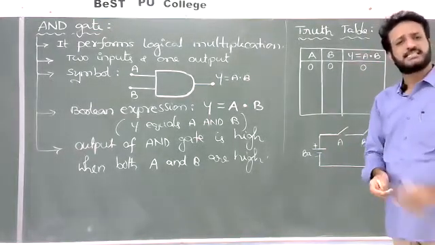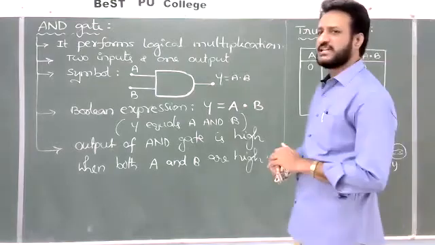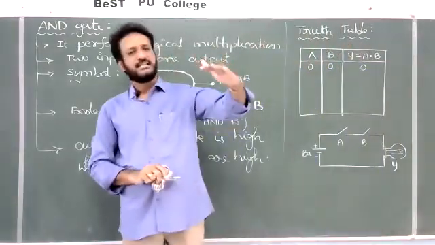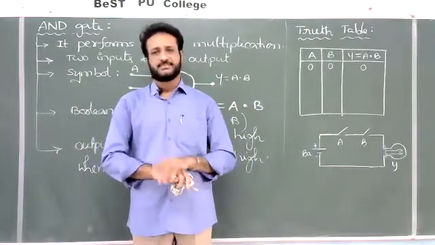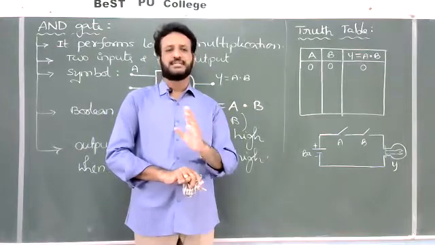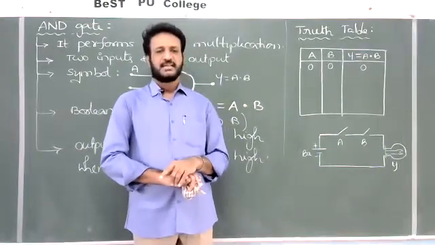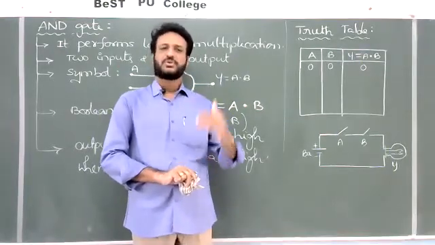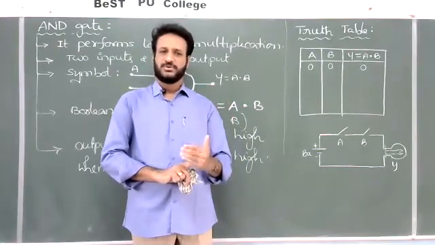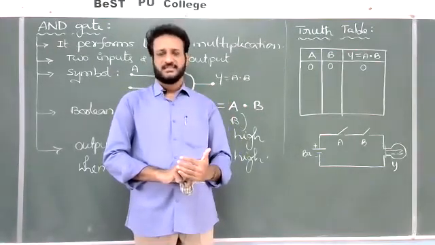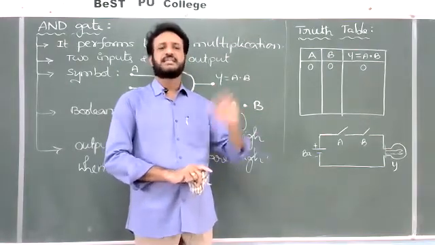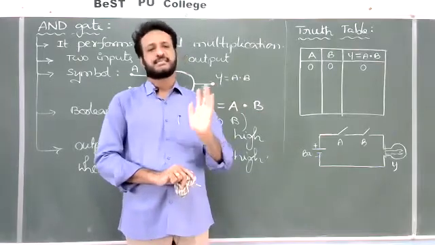In a binary system, as I already mentioned, there are only 2 possibilities, 2 discrete values, either high or low. Middle nothing is there. High means bulb is glowing. Low means bulb is in off condition. Glowing or not glowing, like yes or no, true or false, open, close, high, low, right, wrong, or 0 and 1. So this type of all 2 discrete values indicates a binary system only.